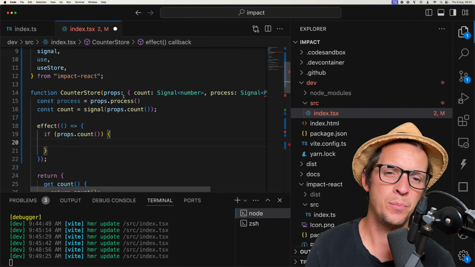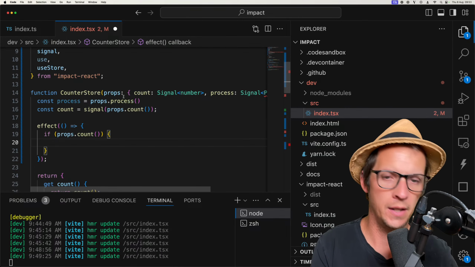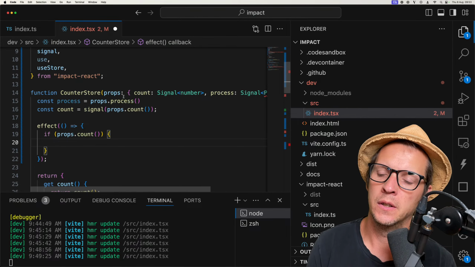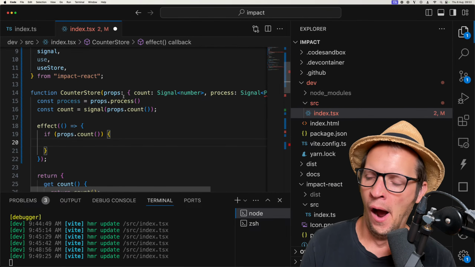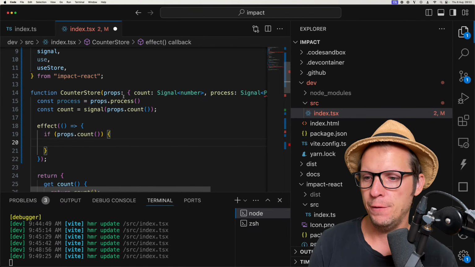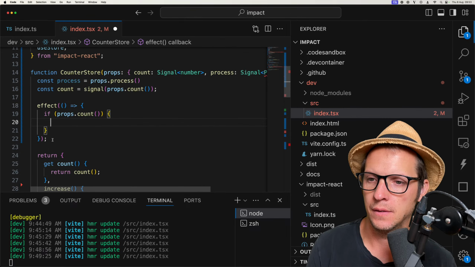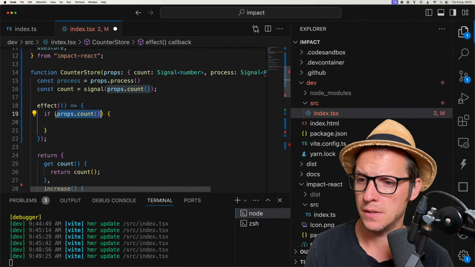yeah, it's just a perspective of, would you ever want to pass a prop into a store and then just re-expose that as a signal on the store? I don't think so. And if you do, what you would do is you would create an effect that just says